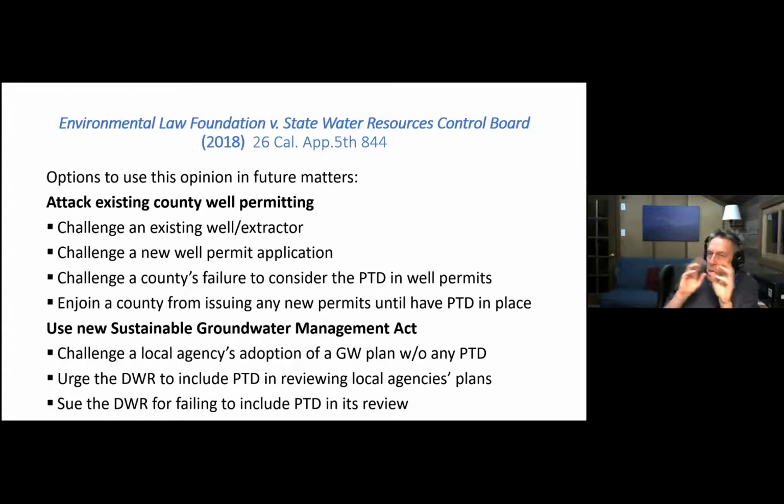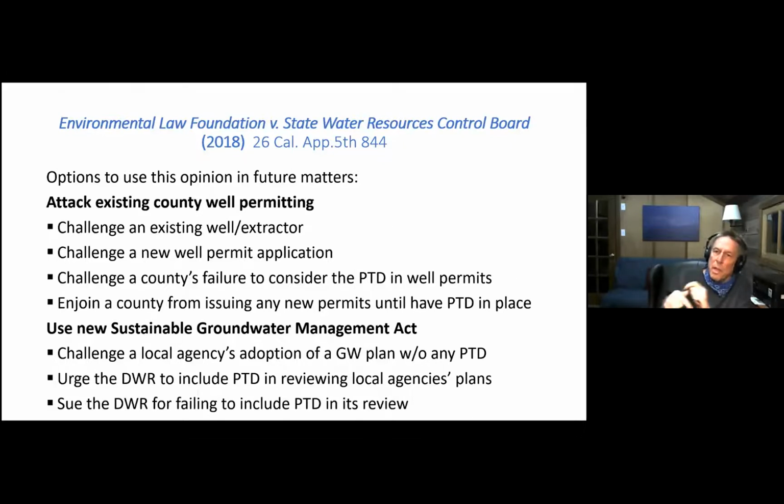Option one starts with we're going to go after an existing county well permitting system. Options include challenging an existing well or extractor, just as the Mono Lake decision went after LADWP's permits, you go after a specific permit. Politically very fraught to be stepping into what's almost certainly a rural county, almost certainly agricultural interests, and do that in front of a local judge. Second,